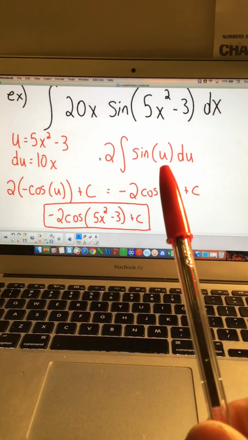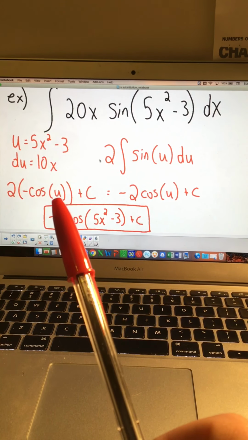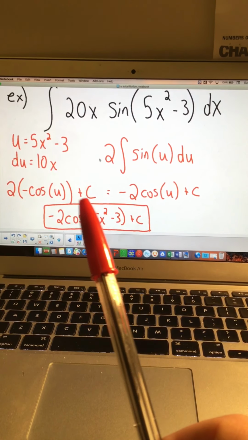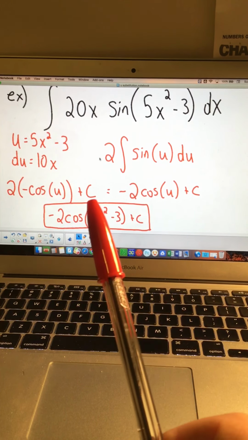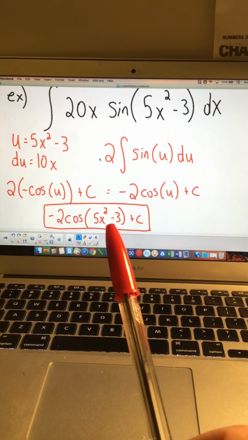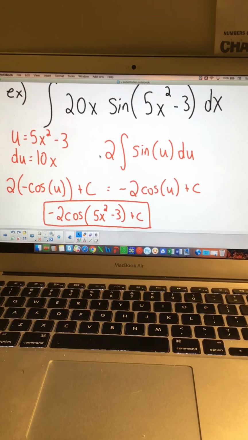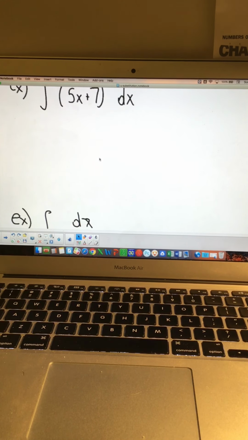So now we have sine of u integrates to negative cosine u. Again, don't be forgetting the constant in any of these. We can really just make that negative 2 cosine u and then replace u at the end. And here we go, right? Like I said,